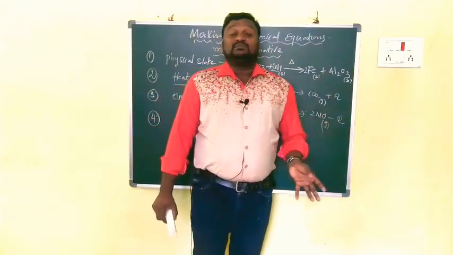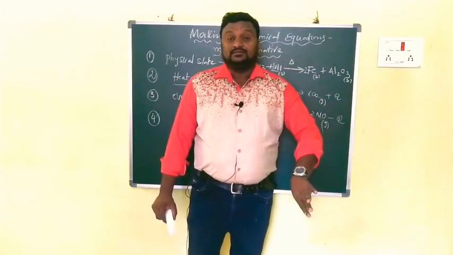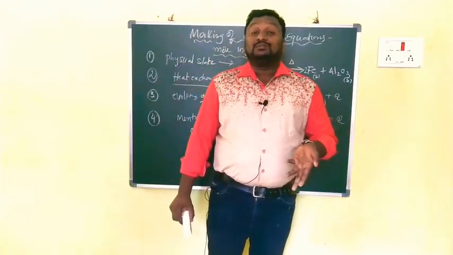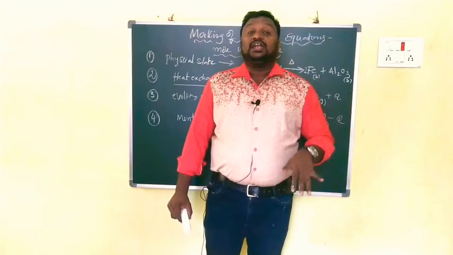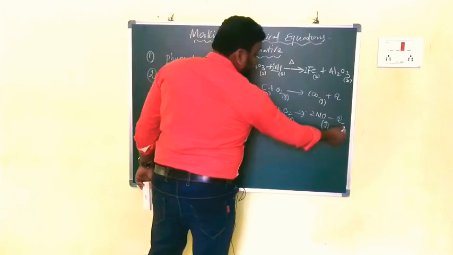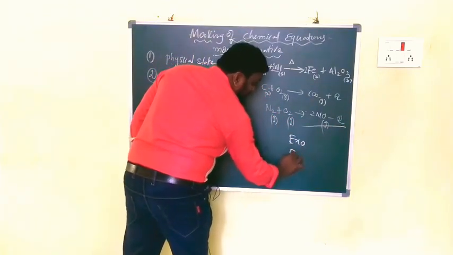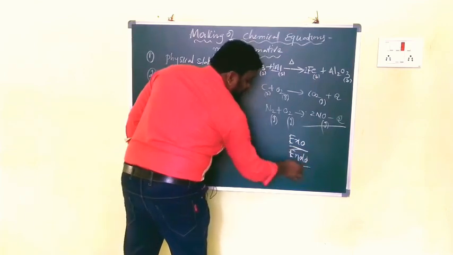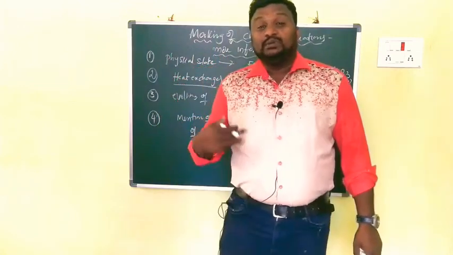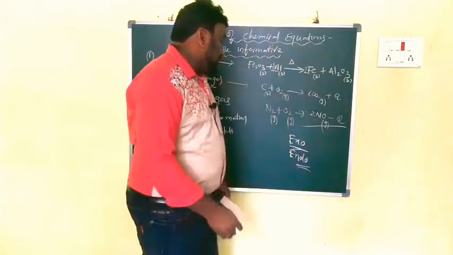So here some heat energy is required to do the chemical reaction, which is called an endothermic reaction. What do you call it? Endothermic reaction. So in this case this is endothermic. Don't forget, children, exo and endo. Exo means heat is liberated. Endo means heat is absorbed. Clear, children?